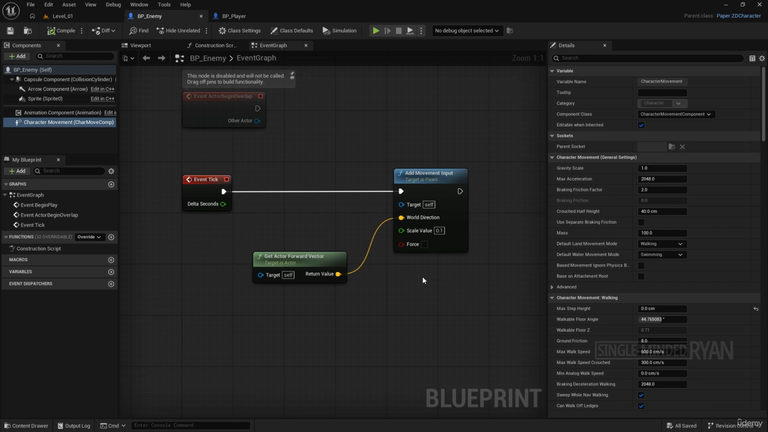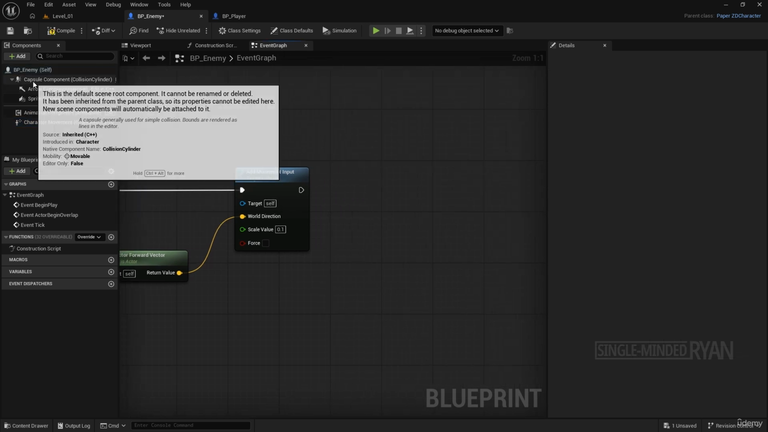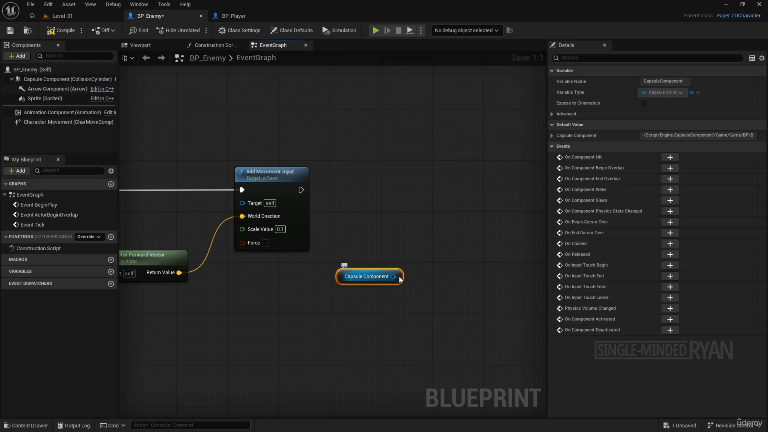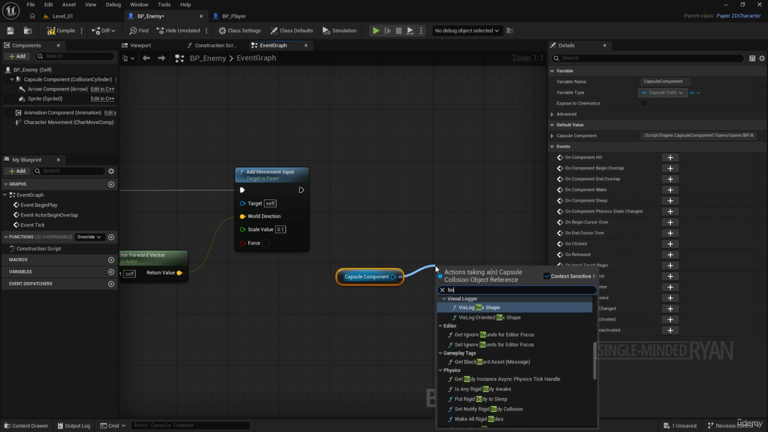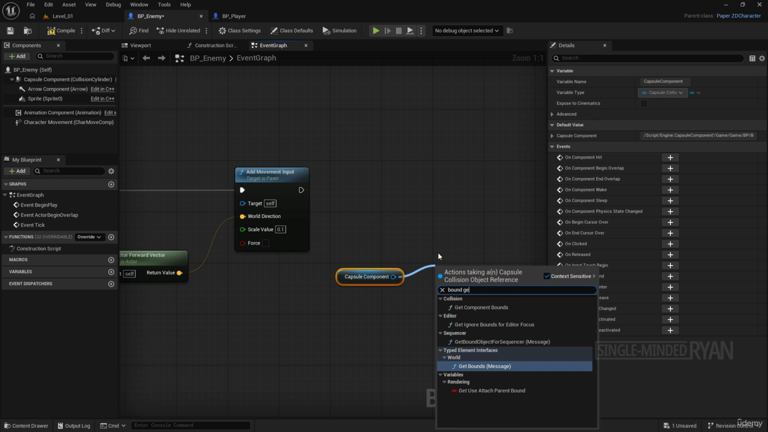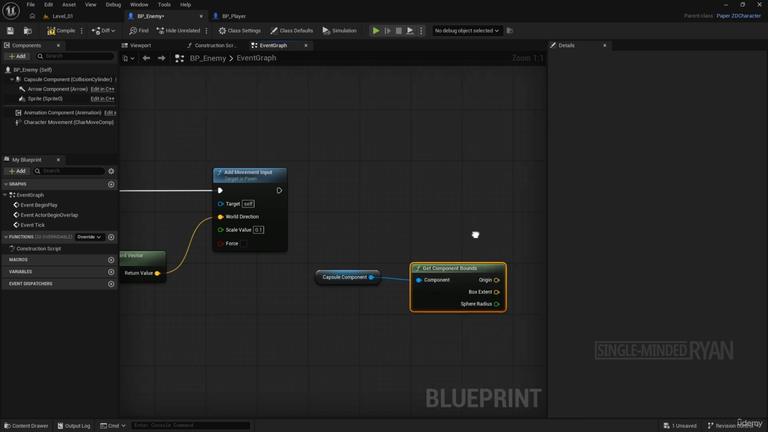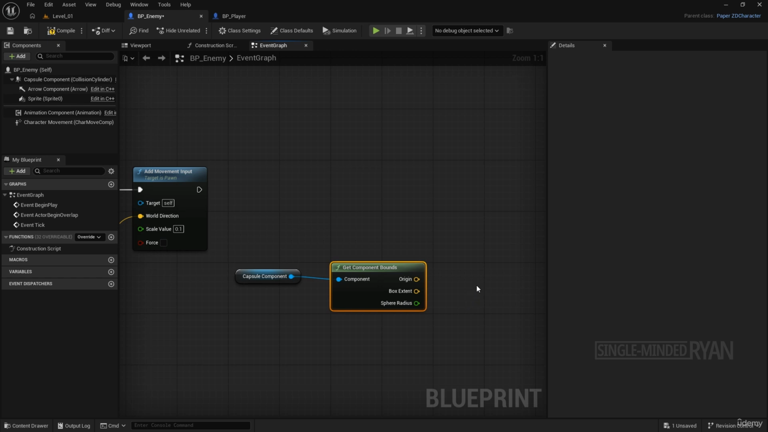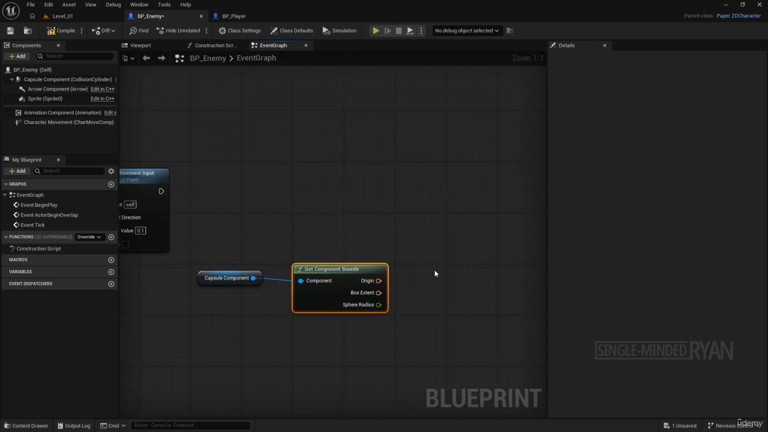Alright, let's go to the enemy BP. First, we need a way to get the start point. Let's drag in the capsule component. Then we can call the getComponentBounds function. The function is under the collision section. This is going to give us the bounds of the capsule in the shape of a box in a 3D